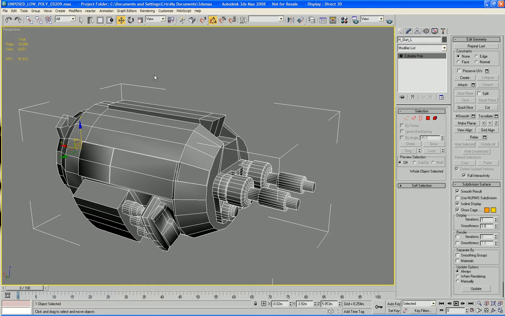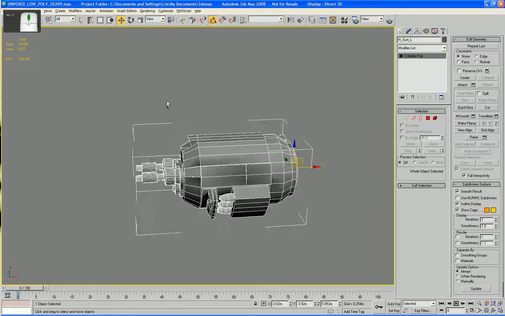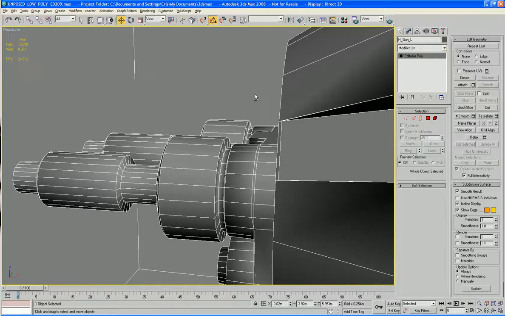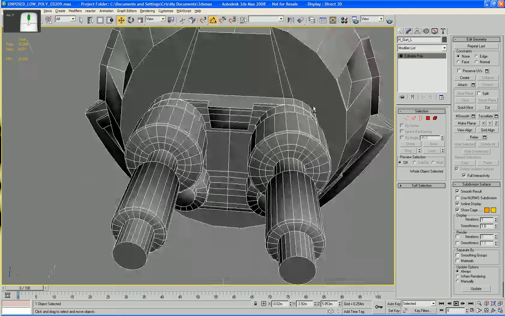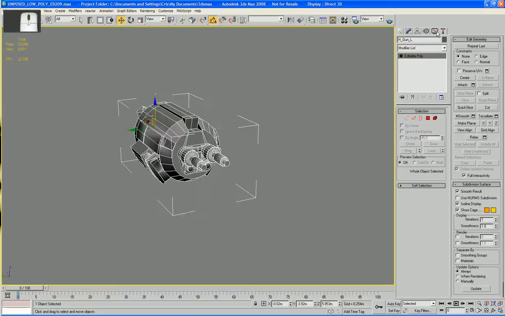I mean, this is already only 15,000 polys. We've decimated it by about 50 odd thousand or so. Can't remember the exact number. Just having a quick look at this, see if there's any others I can just rip out now. Right, now what I'm going to do then